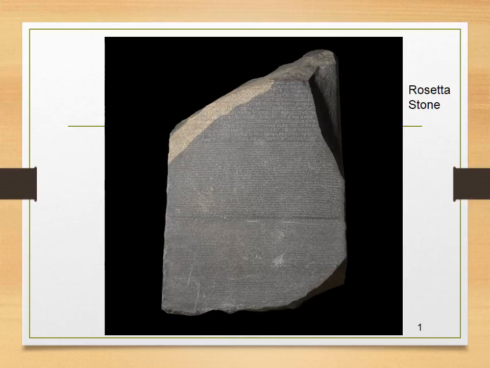And let me tell you a little story about how this was actually found. So in the late 1700s, early 1800s, Napoleon Bonaparte was taking over giant chunks of Europe. And he decided to try and take Egypt from the English. So he sent his navy over, and with his navy he sent archaeologists, historians, surveyors, and as his army was